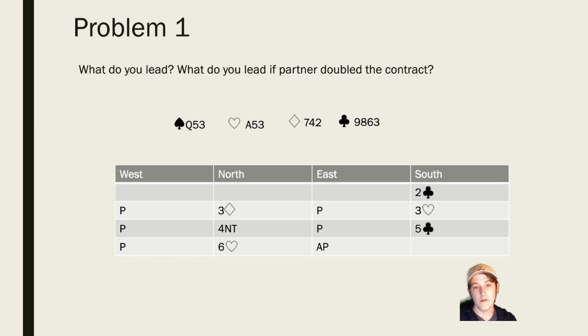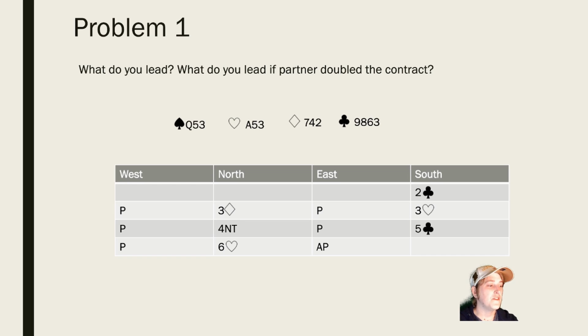So if we're looking at this, the suits that are unbid here are clubs and spades. And based on the fact that they have shown 2 strong suits, it's very likely that the opponents have to avoid taking 2 losers rather than trying to set up tricks. And since they need to avoid taking 2 losers, the best thing that we can do is take an active approach. And if we want to take an active approach on this hand, it's going to be very similar to that first example we looked at. We want to lead a small spade here. If we lead a small spade and we catch partner with the king,